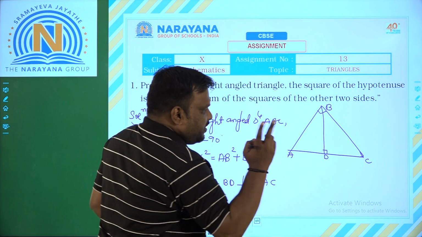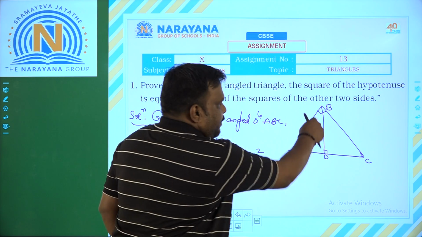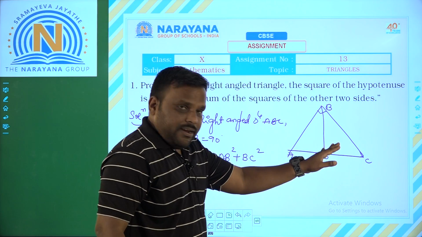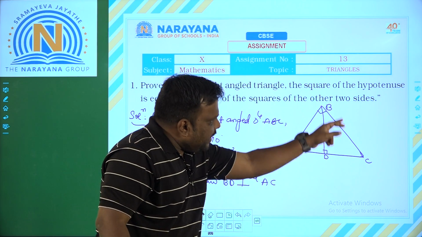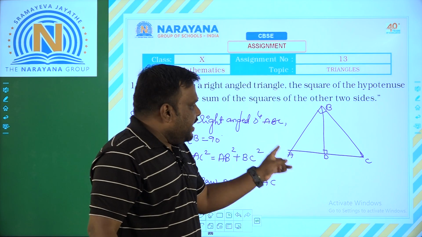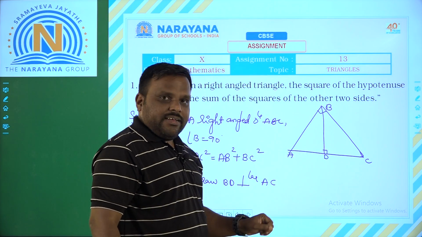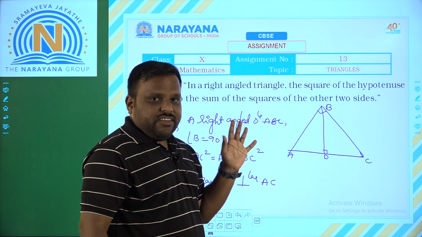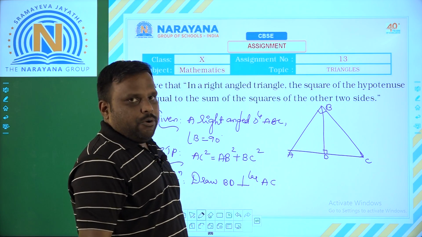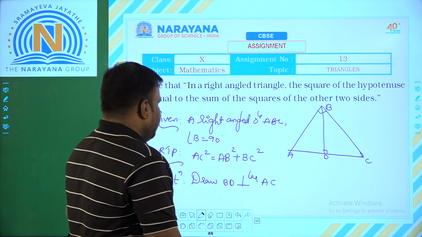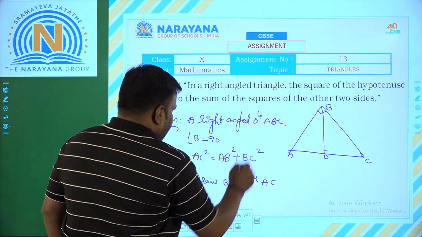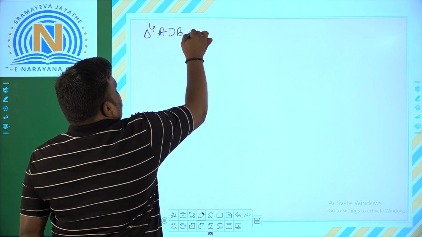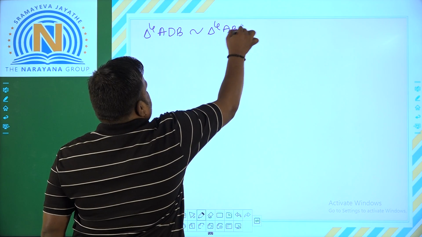Then in that case we have two triangles, that is ADB is the first triangle and BDC is the second triangle. Now these two triangles are similar to each other as well as similar to the entire triangle ABC. That means ADB triangle is similar to ABC triangle, BDC triangle is similar to ABC triangle. So we will get two equations, we will simplify them, hence our theorem will be proved. So according to this statement, triangle ADB is similar to triangle ABC.